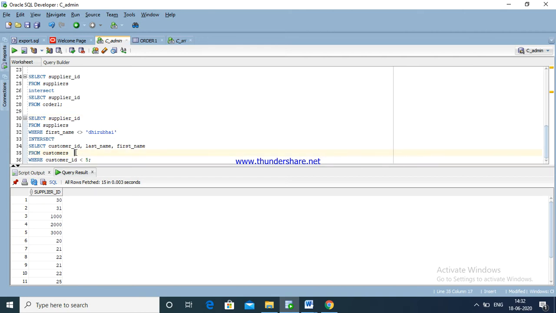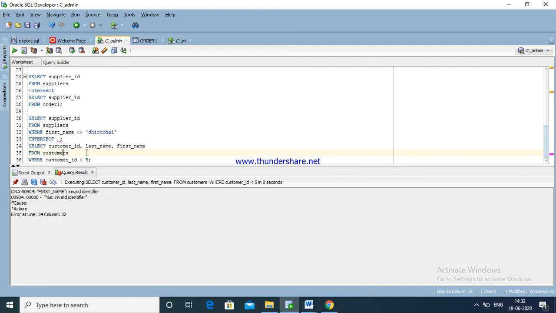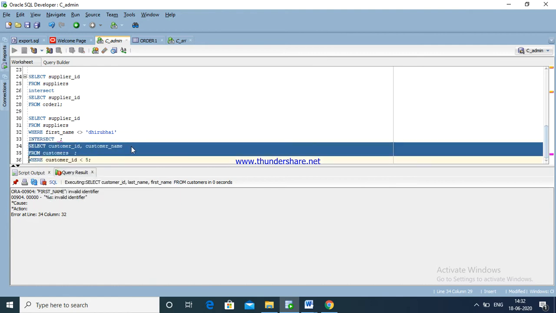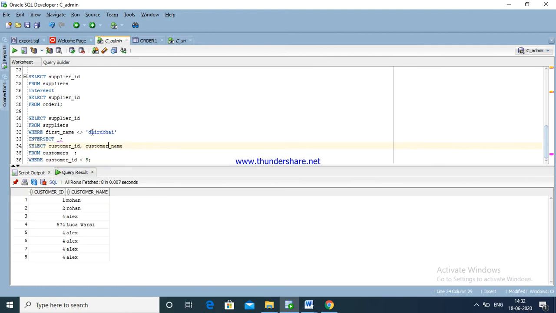Customers also; they should give it here. Come to the customer table. First name is not there. Yes, I think we have customer name. That's customer underscore name. Here, customer name.